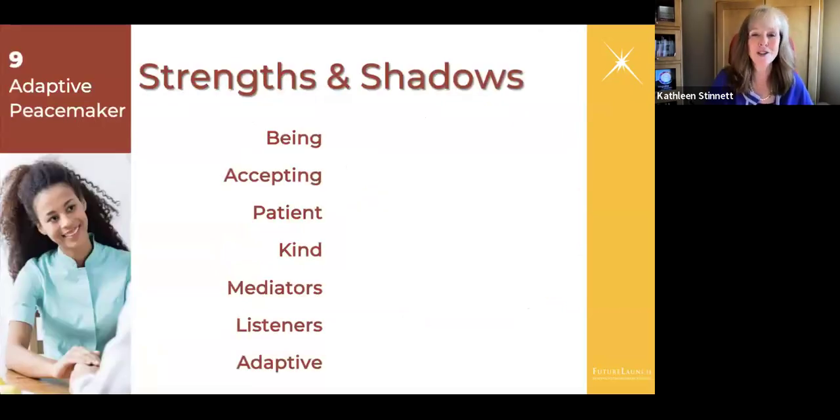And you can imagine then that nines are more gentle or kind or patient or accepting. They're going to seek out others' opinions. They're going to try to understand how others are affected by decisions, and they're going to want to take action that creates the most good and the most harmony and the least amount of conflict.